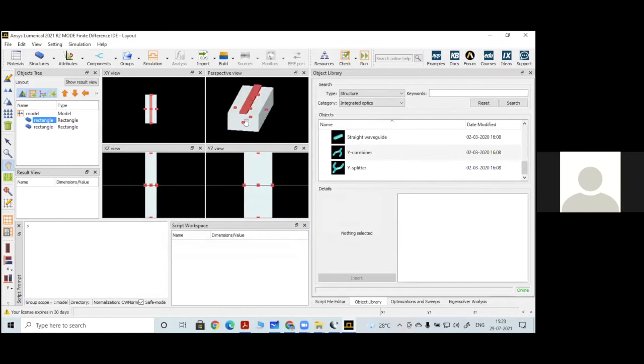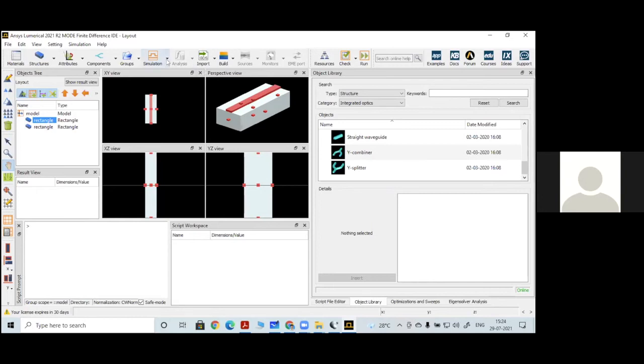Now the width of the substrate is 2 micron, and the width of the silicon waveguide channel is 0.5 micrometer, and the thickness we can also see on the same scale. The SiO2 thickness is 2 micrometer, and the silicon thickness is 0.22. Now in this waveguide, we are interested in solving the basic wave equations. As I told, these wave equations can be solved by any of the solvers. So now I have to select the solver for this geometry.